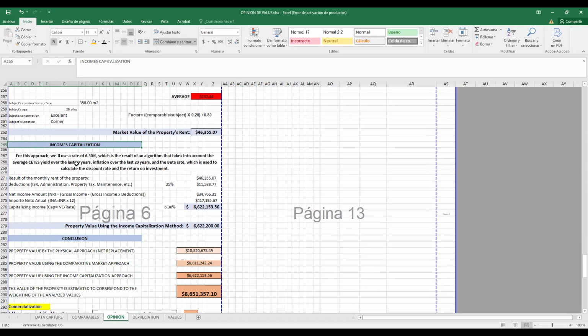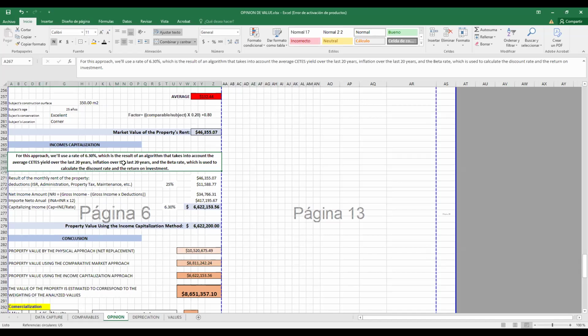The capitalization is the income capitalization, or the capitalization of the rents. For this approach, we will use a rate of 6.30%, which is the result of an algorithm that takes into account the average of cities over the last 20 years, inflation over the last 20 years, and the better rate, which is used to calculate the discount rate and the return of investments. That is the explanation of this 6.30%.